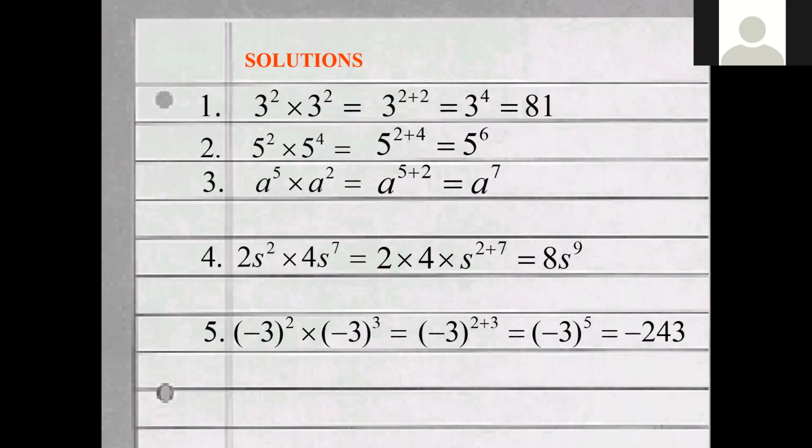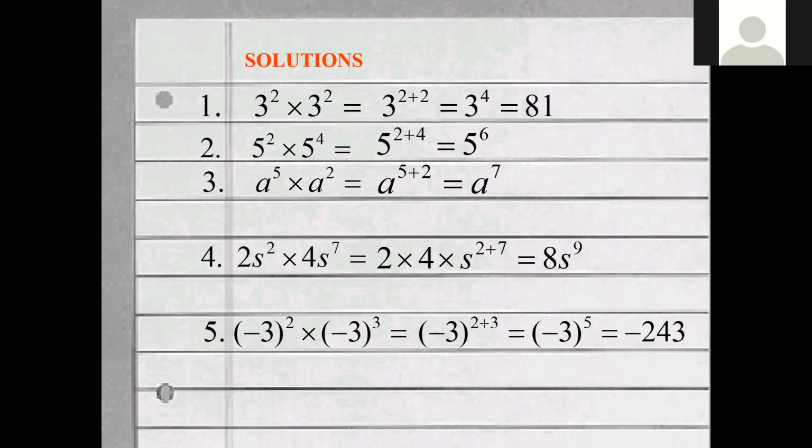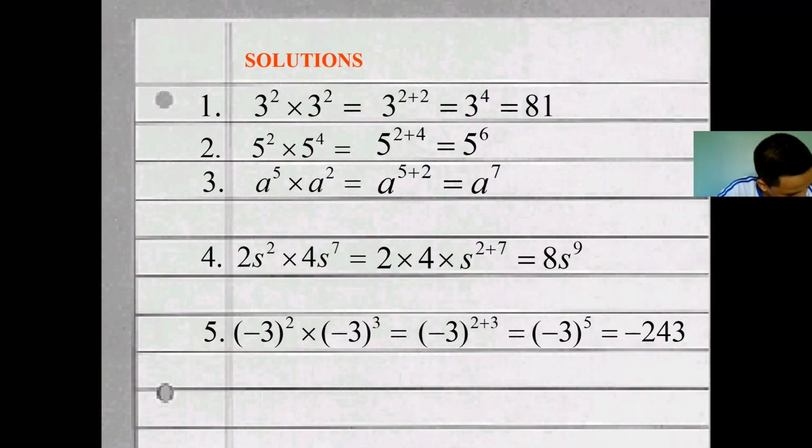Number 6 is Jade. Jade, number 6. Let's give time for Jade to chat the answer if Jade doesn't have an audio. And Jade is still not answering. So I hope Jade is able to hear my voice as of now. So if you cannot turn on your audio, Jade, just type your answer in the chat box. I'll call another person, then perhaps this person has already the answer for number 6.